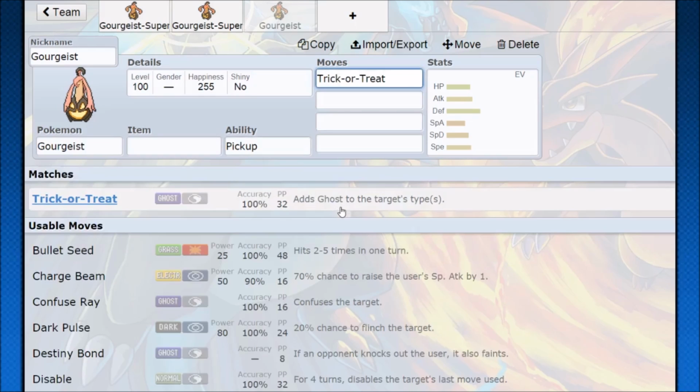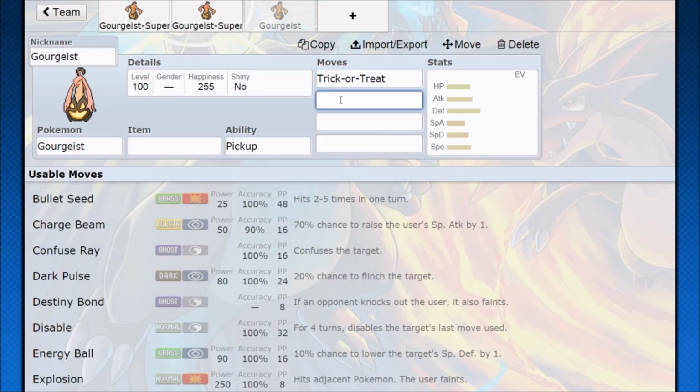Trick or Treat is going to add Ghost typing, so you can use this on a normal Pokemon. That's pretty much the first thing that comes to mind, is that a normal Ghost typing, only weak against Dark, and has 3 immunities. That's stupid. Just absurd. I mean, also, when we're looking at this Pokemon, it doesn't have the best speed, so that's Trick